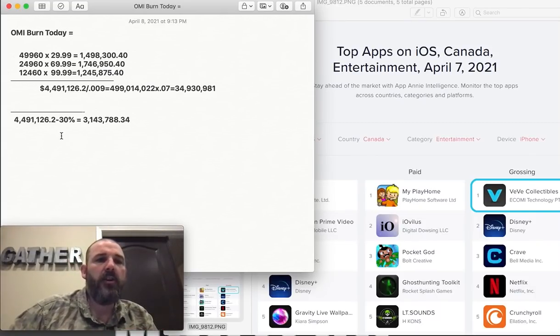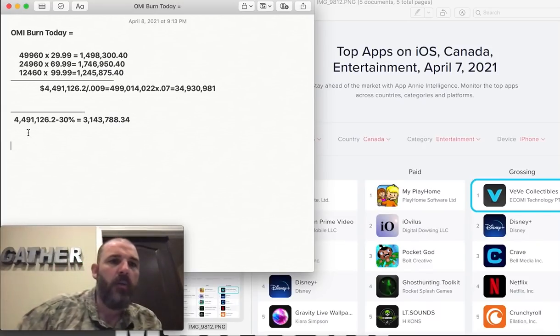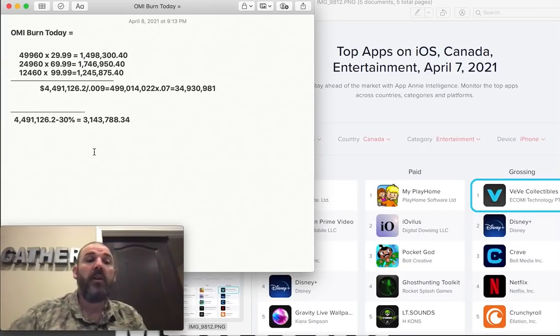So 30% comes right off the top. People were saying Ecomi made over $4 million today. Well, yeah, I mean, gross they did, but there's a lot of expenses. It's not like it's free to run the business. And 30% comes right off the top to the app stores, which I wanted to talk about because people are